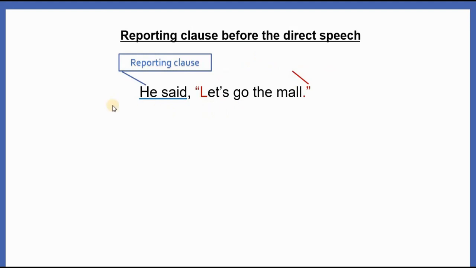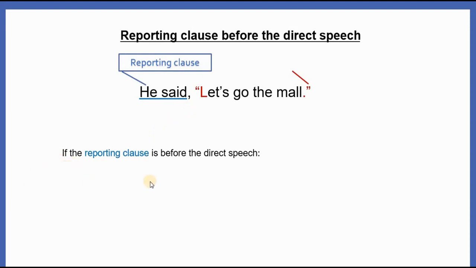As you can see in this example, it is before the direct speech. So, the rules are,